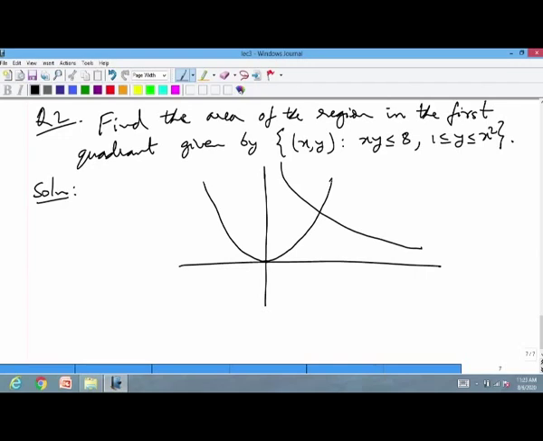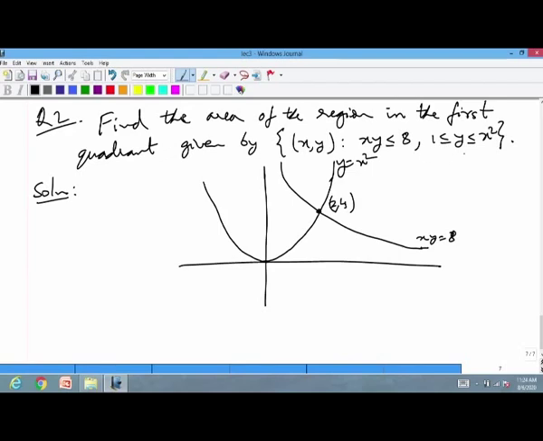So, first let us see where these two intersect. If I put y equal to x square, then I get x times x square, that is x cube equal to 8. So, x is equal to 2. So, this point is 2 comma 4,